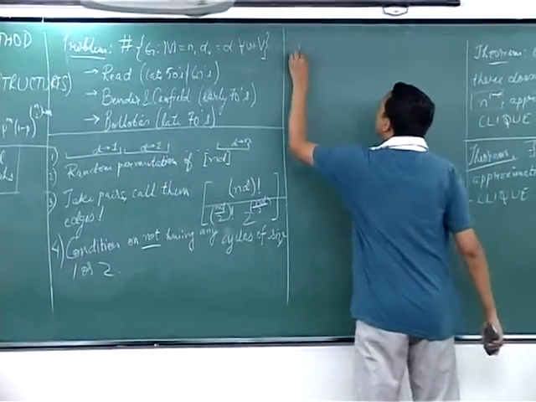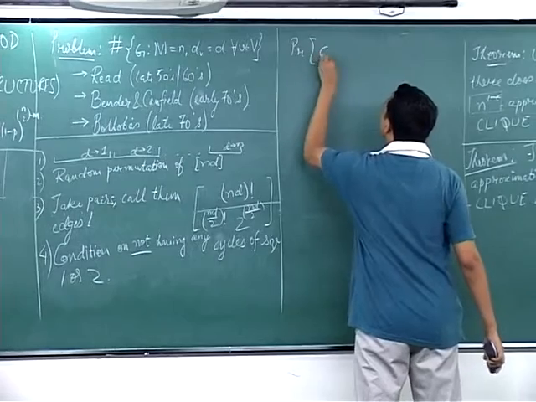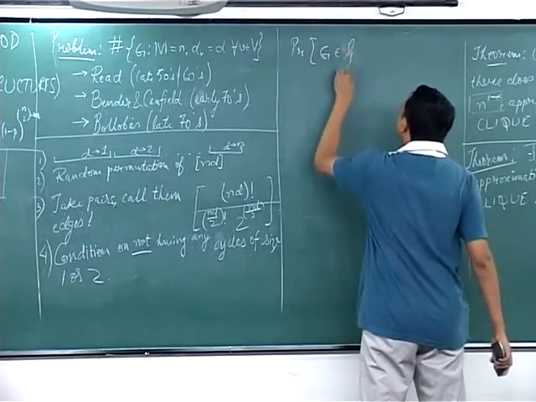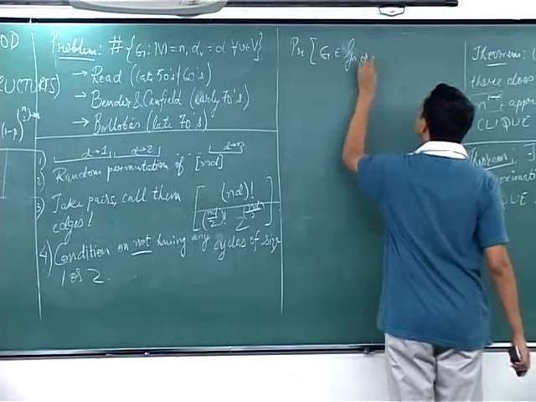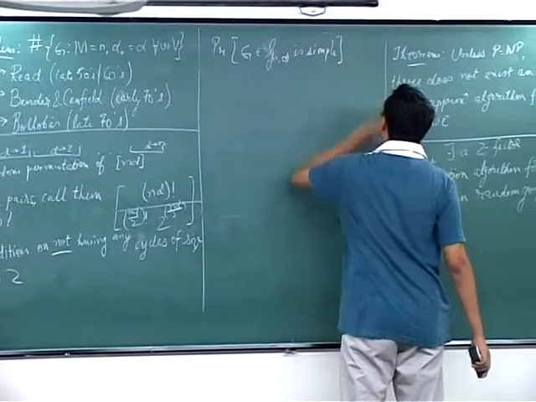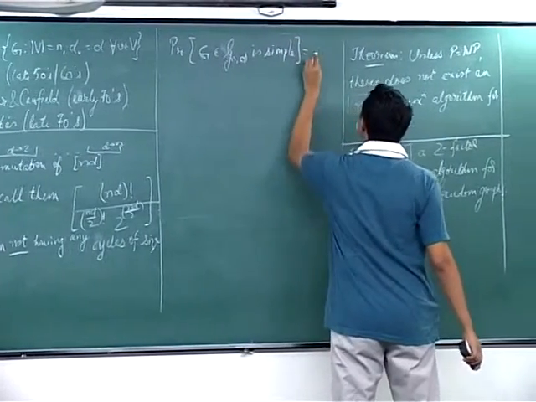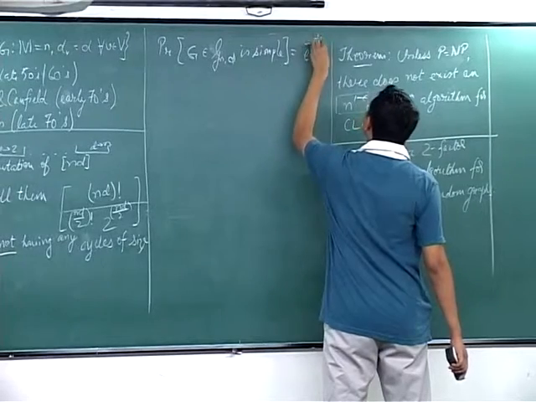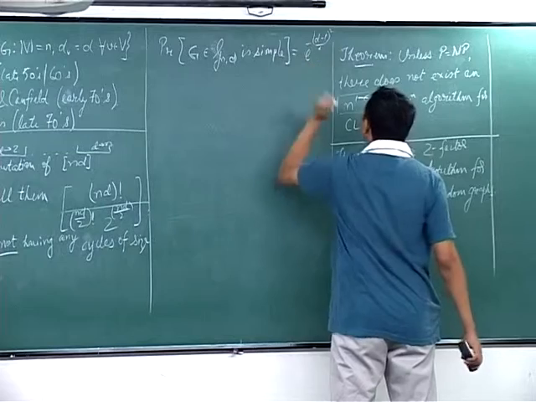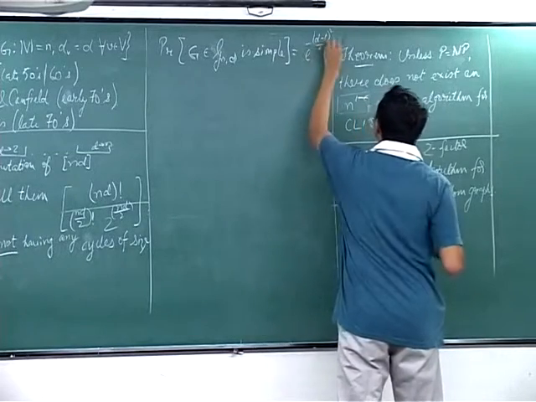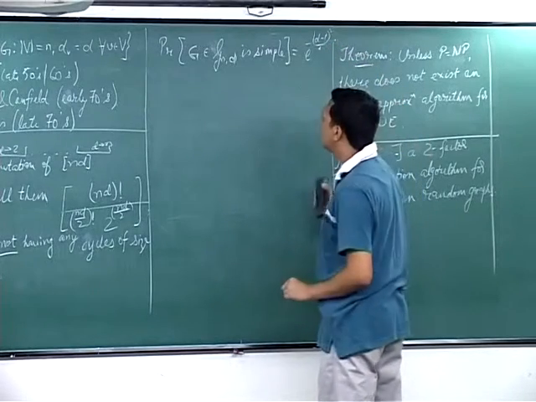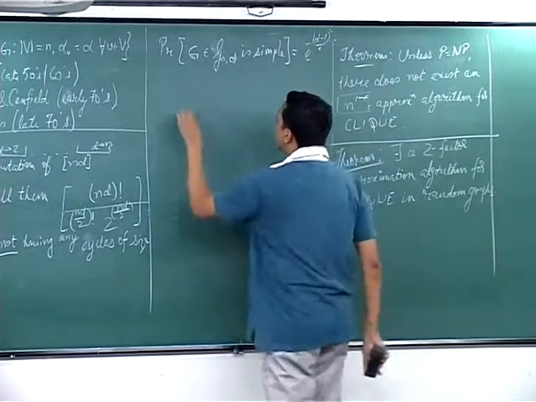So the probability that G belongs to G(n,d) is simple is something like e to the minus (d minus 1) square by 4 or something like that. I don't remember the exact expression, but it has nothing to do with n, which means that